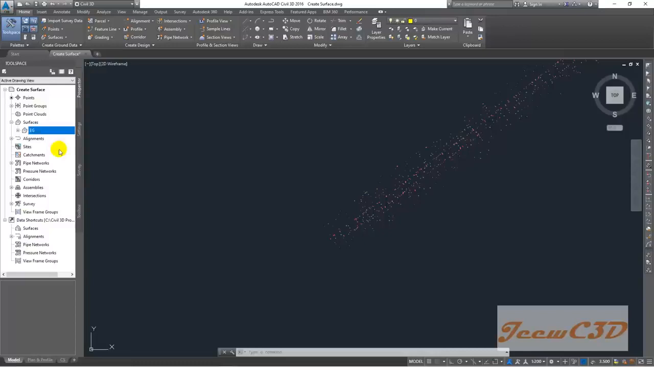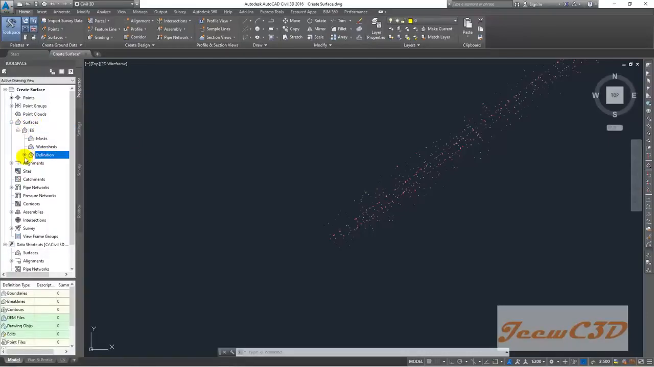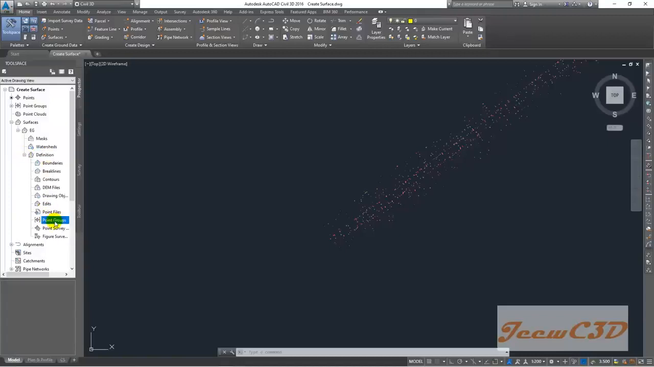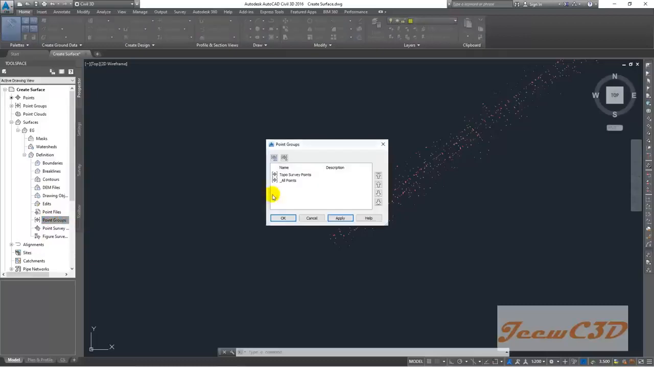To do that, I go here, expand the surface, then you have EG, I expand it again, then you have definition, we expand that again, then you have something called point groups. You right click there and go to add. Then you have two point groups, that is all points and topo survey points. Both are same, but you have to select the topo survey points, that is the point group we have imported